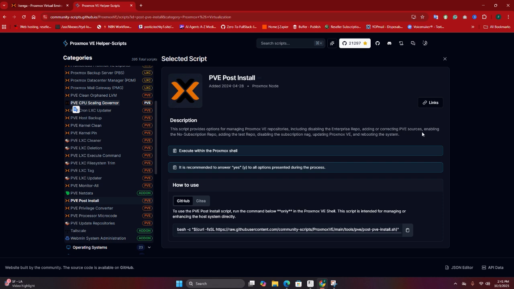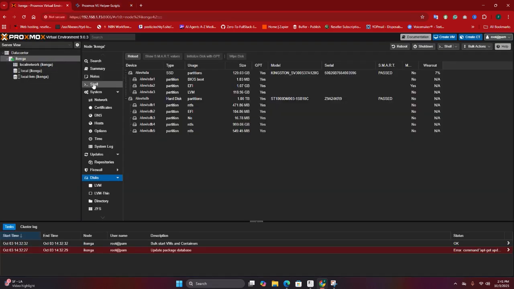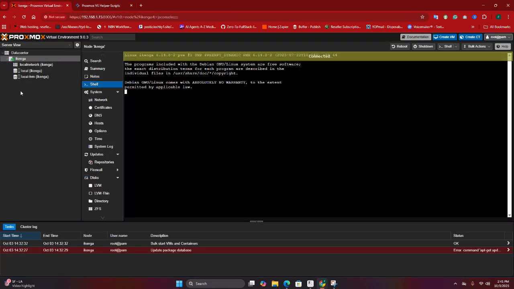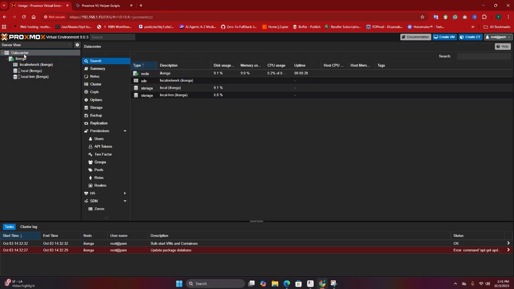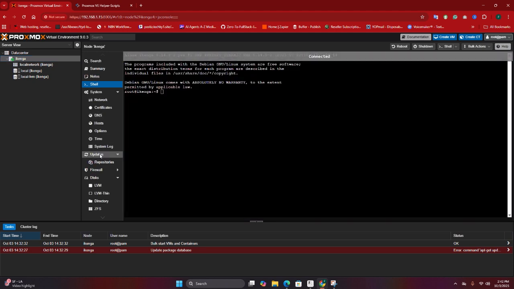So there's a description of what it does. Then you just copy the script. You go back to your Proxmox on the main node. You go to shell, your main node, not on the data center, just on the main node. Then you